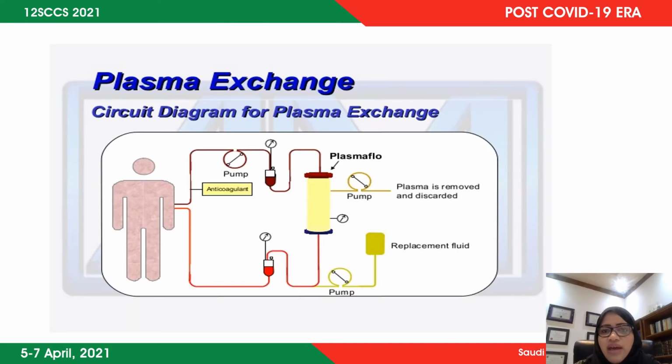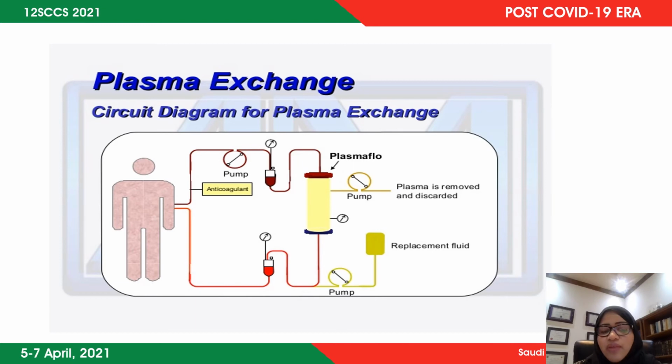So this cartoon here is just a simple one showing you the plasma exchange. You need a good central line and you need to have a good setup. If your hospital does not have a good setup for plasma exchange, then that can be problematic because you really need to have a good line. You need to have the facility. If you have a dialysis unit, they can help you with the apheresis. So you need to have a good setup before starting it.